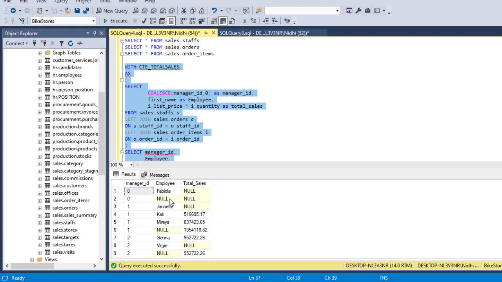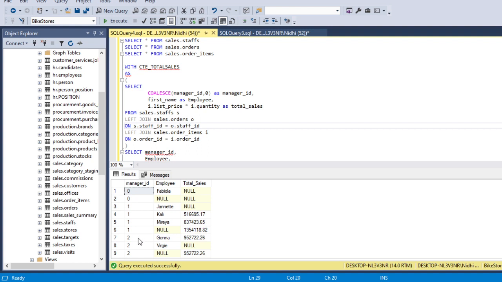As you can see, employee is null, and similarly for manager ID 1 as well, at one time it is with employee. As you can see, there are 3 employees under this particular manager ID, and then where our employee is null, it means it is at manager ID level, which is all employees put together. So basically if we sum these two numbers, it will give us this number.